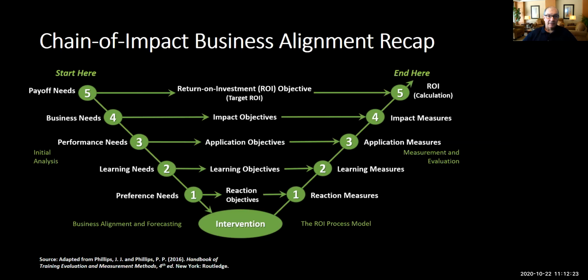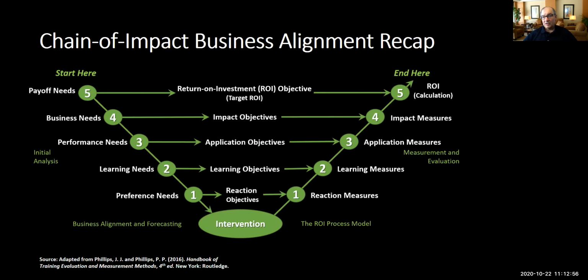Business needs going down. You want to reflect what those needs are. So in this case, reduce turnover. Using that, you reduce employee turnover. If number 5 is reduce costs associated with employee turnover, then number 4 is reduce the employee turnover. Impact objectives, you might set a percentage, you should. A target. Can't make a wrong guess here. Usually you see some say, well, reduce employee turnover by 10%. Piece of cake, right?